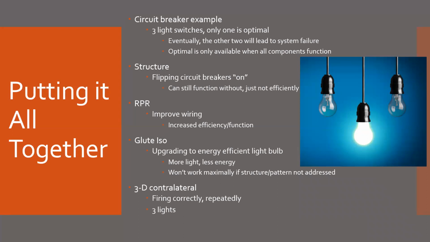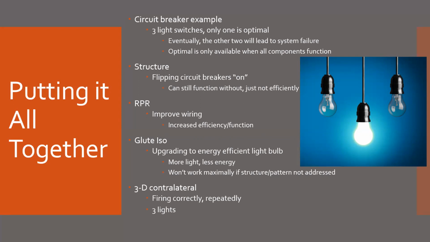It might not be today, it might not be in 5 years, and maybe the athlete is fortunate enough that they're such a good compensator that they don't ever realize it, but eventually, if the load is placed high enough, if they're pressed hard enough, they're going to see a system failure from running the incorrect pattern. And the optimal light pattern is only available when all of those components, the structure, the RPR, the glute isos, and the 3D contralateral, and then also the transfer of training that we're going to get into,